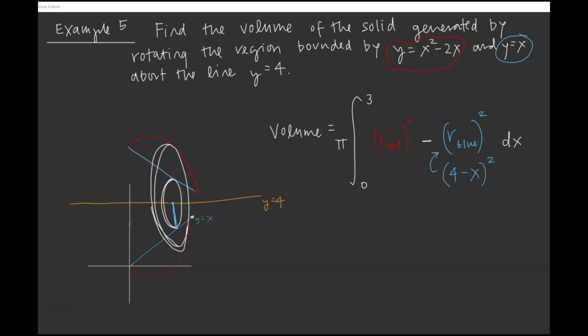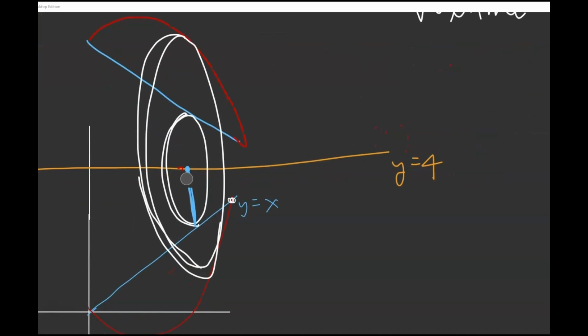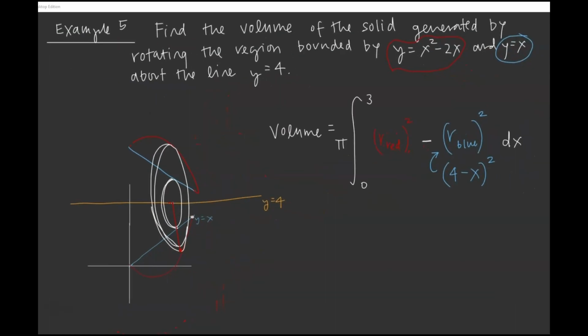Okay, red goes next. So red actually goes very similar to how we were calculating the blue radius. This time we want the radius of this outer circle. And again, we have a whole length of 4 here, but we want to cut off this height of y. So right here, we're taking off the y value. And if we were taking a disk over here, it would be 4 minus this y value. And so the radius of this outer ring will be also 4 minus y red, but